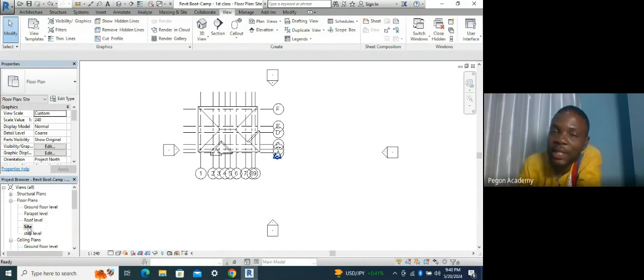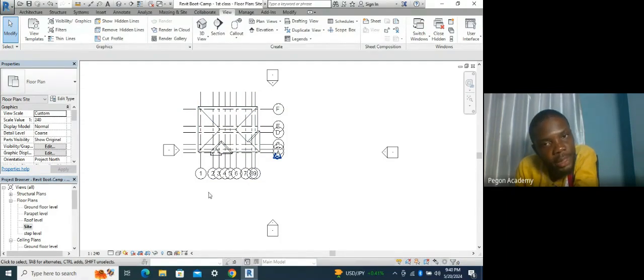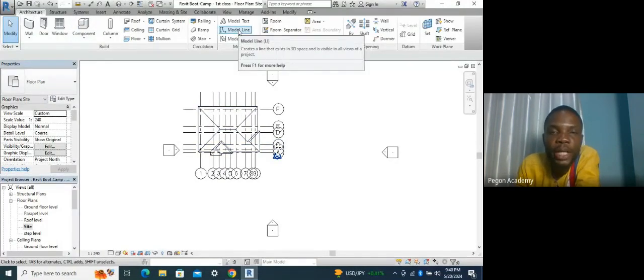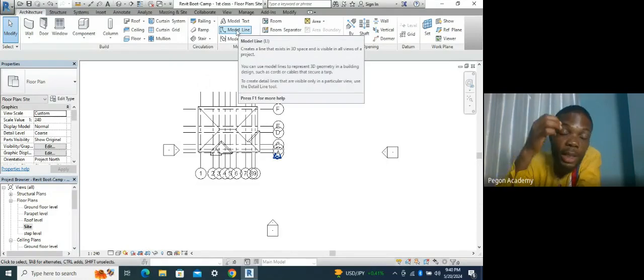Because in that particular plan, you need to show the boundaries of the land, that is according to your survey plan. So you need to do that in AutoCAD. You should be able to do it in Revit as well. You can use model lines to make your land boundary, and then just copy your